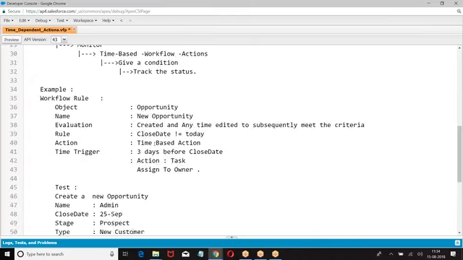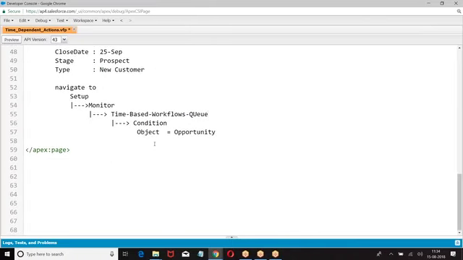I hope you are good with this process. Okay. So one last point here. Choose one of the users.